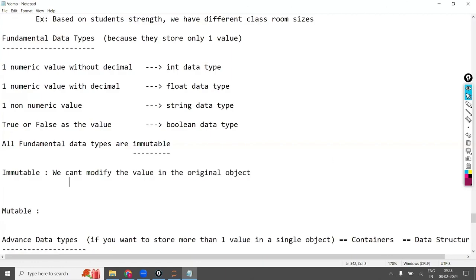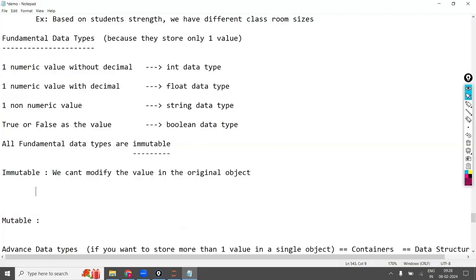Once we create the object, we can't do modification. No modification is allowed. All the fundamental data types are this only.